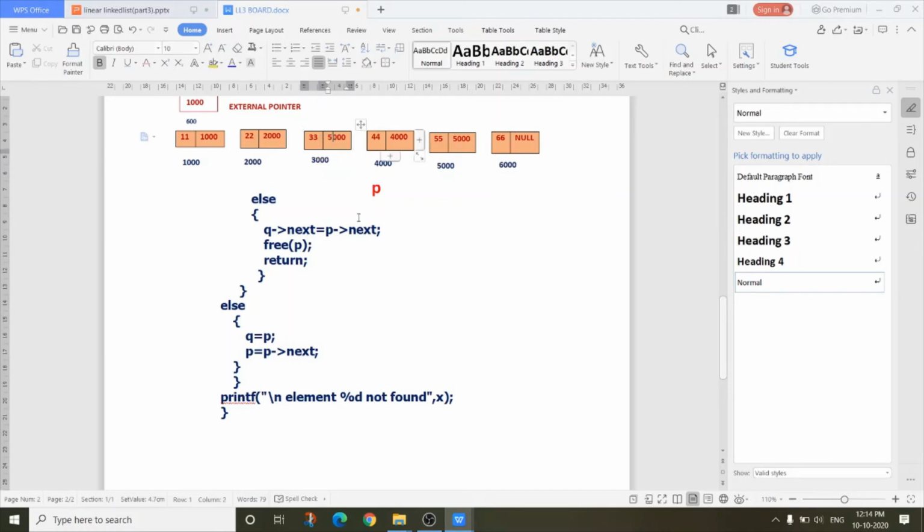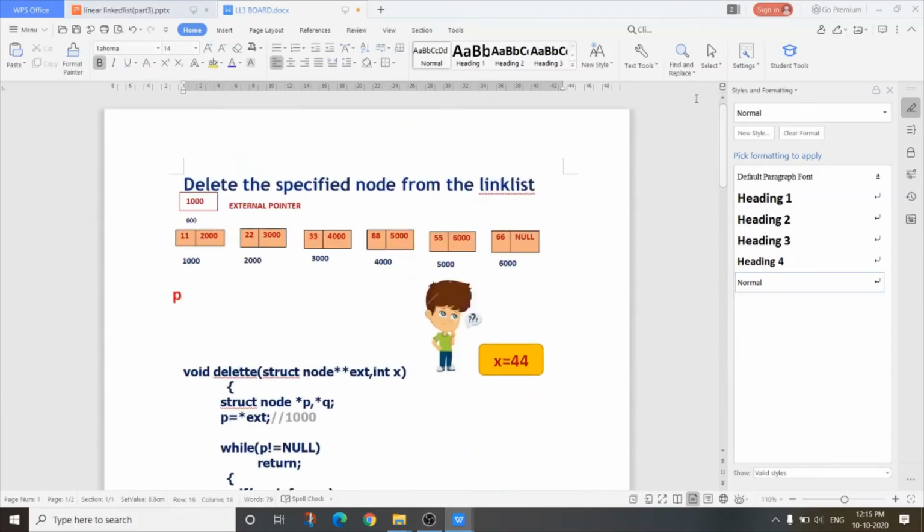You have to use another variable Q. Q holds the address of the previous node of P. Then Q arrow next should be P arrow next after deletion of this node, and then you delete node P. So for storing the previous node address, you have to use another variable Q. In this way, you can delete a specified node from the linked list.